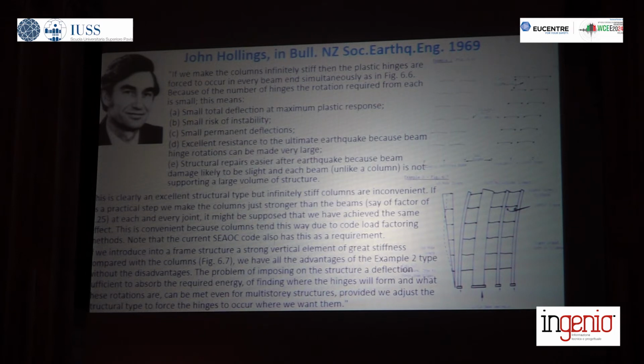Who was John Hollings? John Hollings was a designer in a big consulting company in Wellington, who had designed many important structures in New Zealand for earthquake resistance, and who wrote in 1969 2 articles, one of them going through the concepts of capacity design and